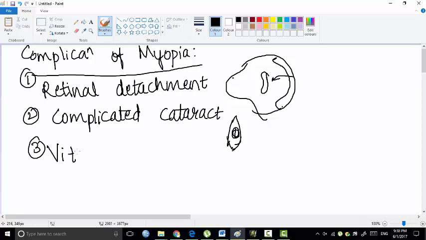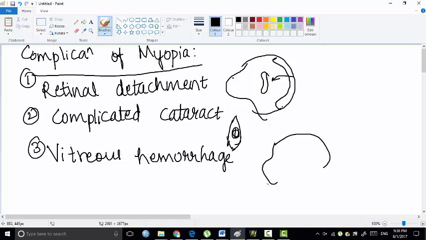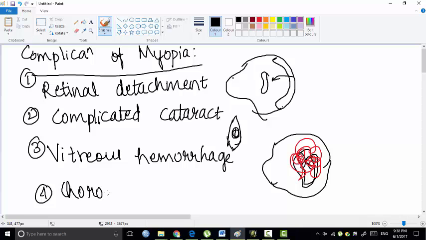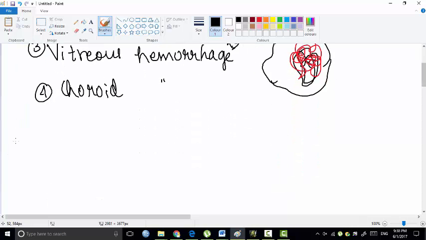And the third one may be vitreous hemorrhage. So where does this vitreous hemorrhage occur? In the vitreous fluid, which is in the posterior. In this vitreous fluid, there may be some blood accumulation or hemorrhage, which is a complication. Or fourth, there may be choroid hemorrhage, because choroid is the most vascular structure of the eye. Or fifth, there may be strabismus,